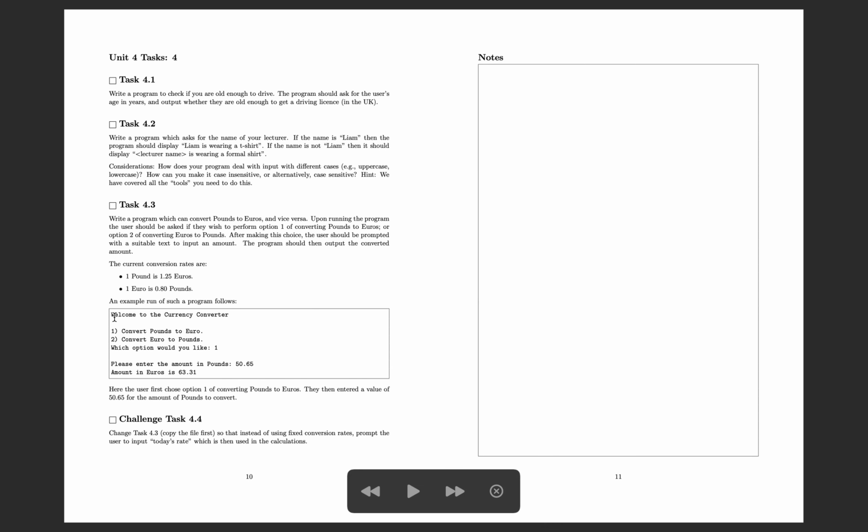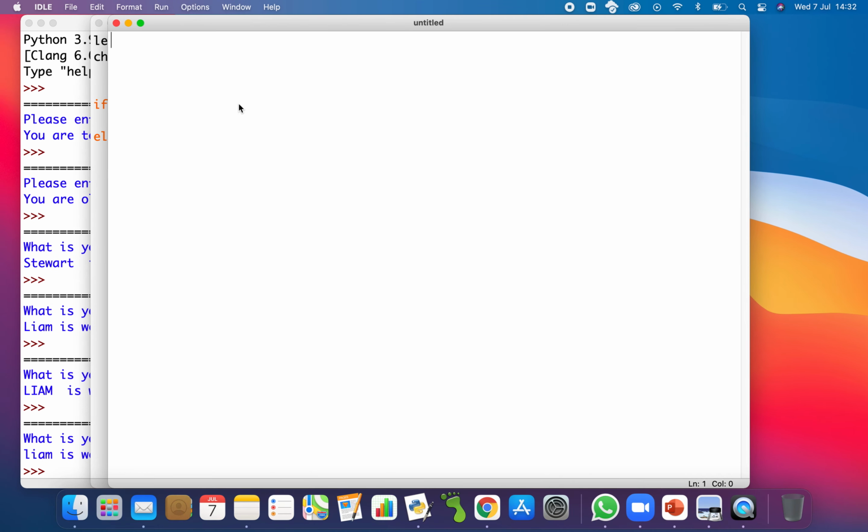Okay, and we've got quite a nice printed out version here. So welcome to the currency converter. It's got some nice formatting. Which option would you like? And then it asks us for some amounts. So we're going to do a similar thing. We're going to have